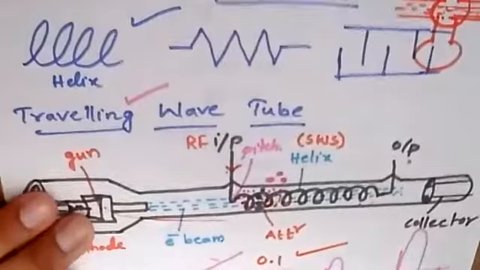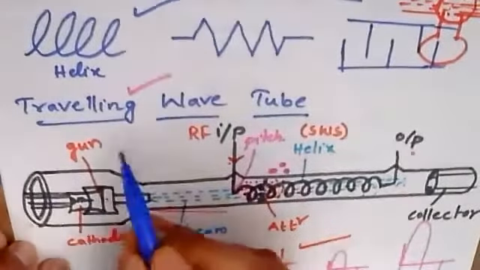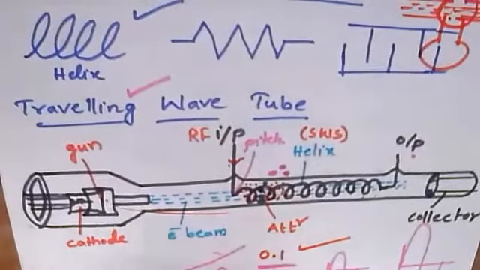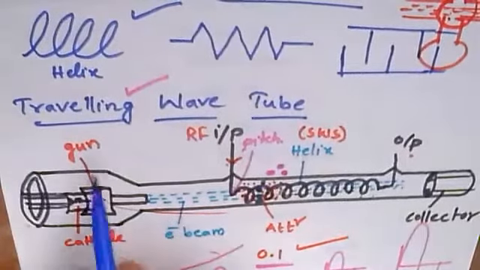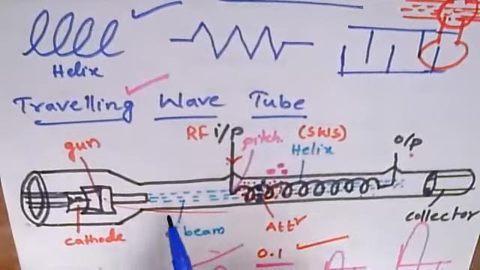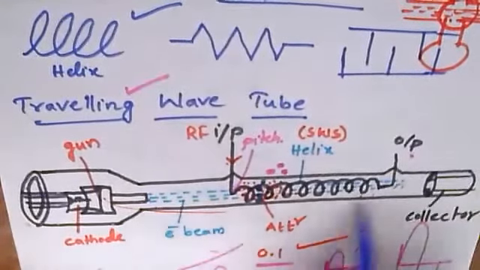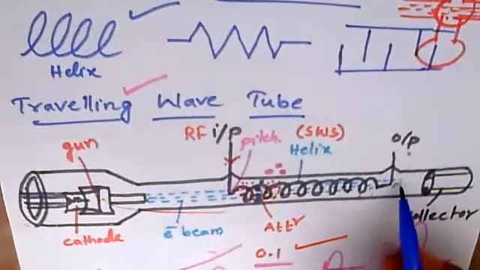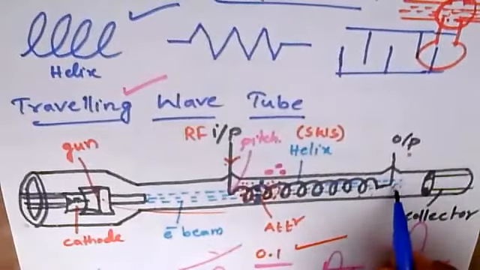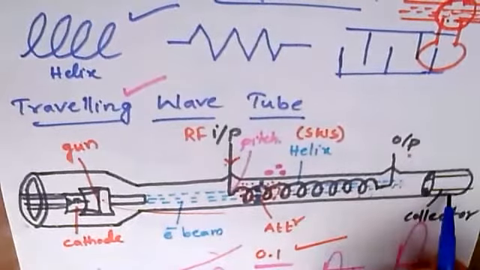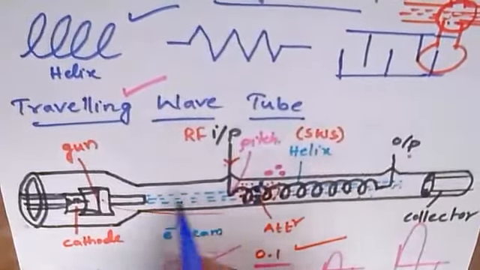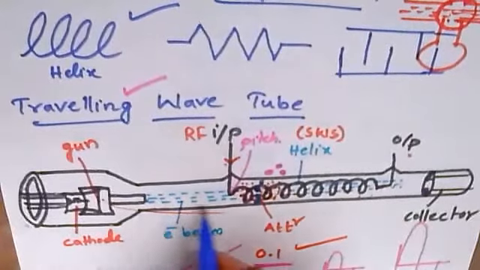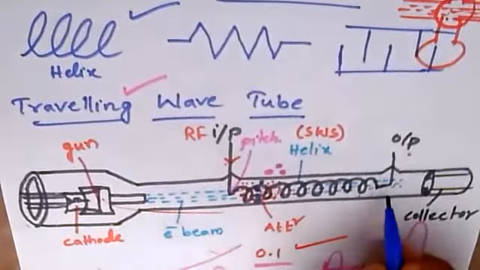So you can see this particular diagram. It is a traveling wave tube, which we have discussed in the previous class, where it has a cathode with an electron gun, and it is the total tube length. And here we have a collector, where the electrons not participating in the bunches will be collected, and this electron beam is provided to move along the tube.